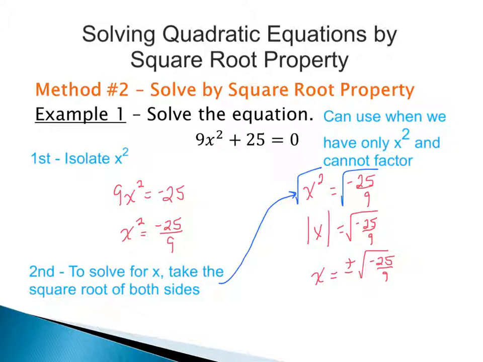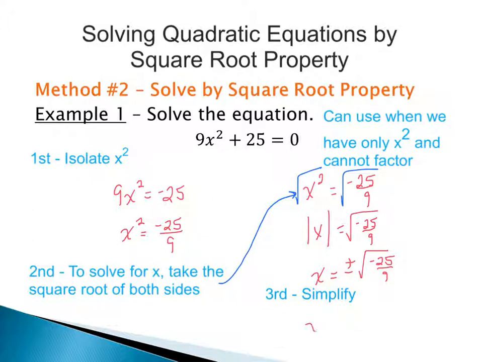Previously you might have seen people just skip that middle step of the absolute value, but it's important to understand where this comes from: we're taking the square root of both sides, but we need to understand the square root of x squared is the absolute value of x. So the absolute value of x is equal to the square root of negative 25 over 9. And then since the absolute value of x will equal a positive when the inside is either positive or negative, that's why we can make the jump to say that x is equal to plus or minus square root of negative 25 over 9. Because remember, when we're squaring a number, whether it's negative or positive, the answer will be positive. Our last step then would just be to simplify.